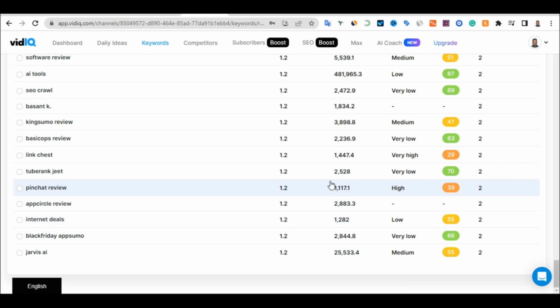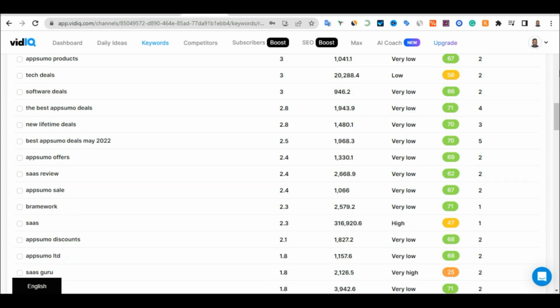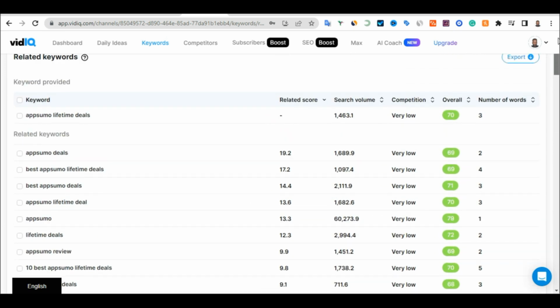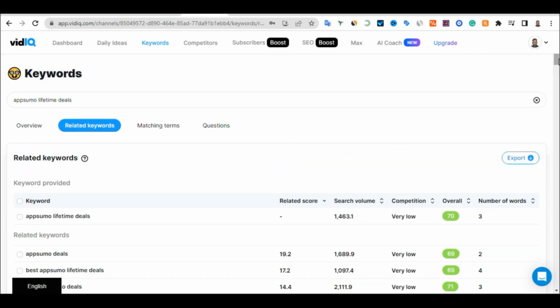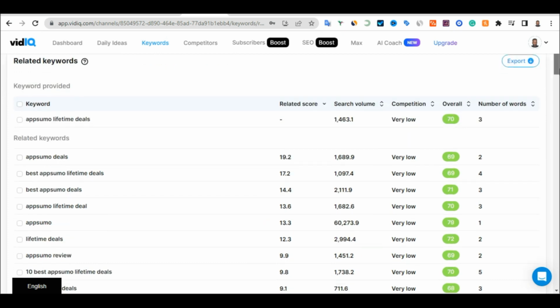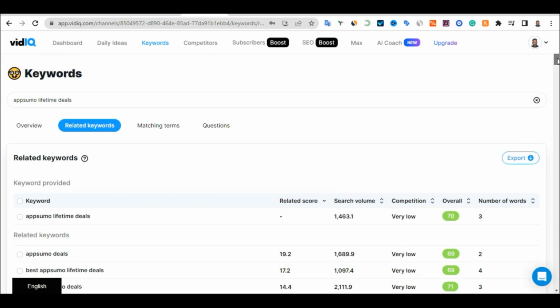Let us say this one here that says high competition, which is ping chant review. This one is a high competition, which means it will be difficult for you to rank for this keyword because there are a lot of people already ranking for it. So where you have few people ranking and a lot of searches coming from it, those are the type of opportunity you can take and make videos about, and you'll find your videos ranking and getting views on